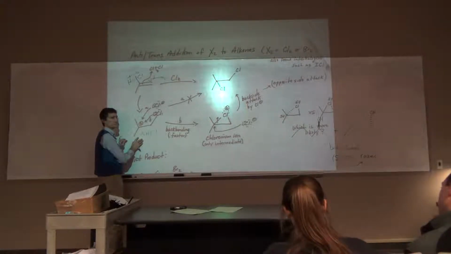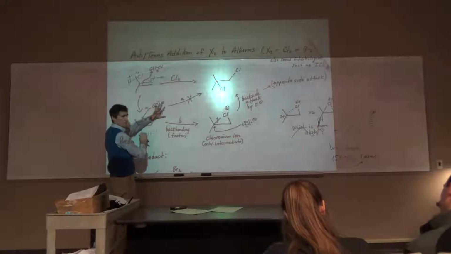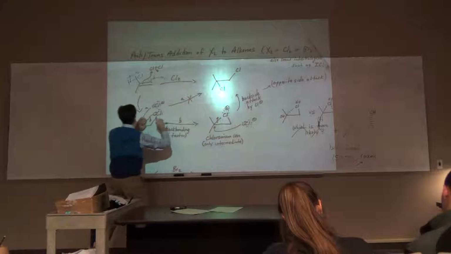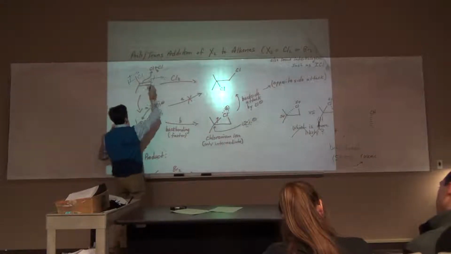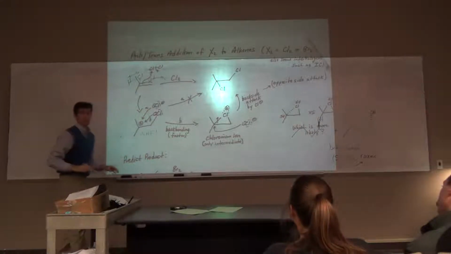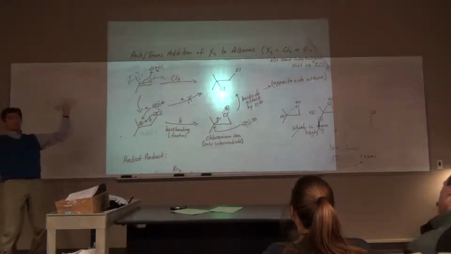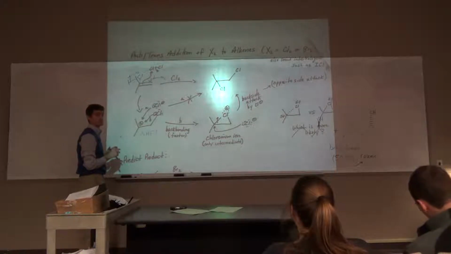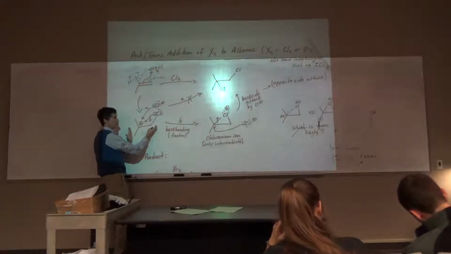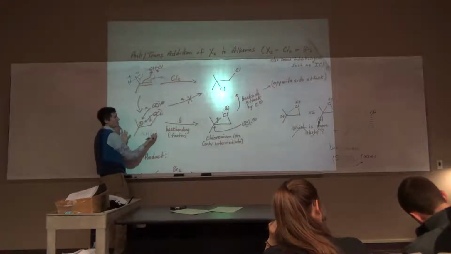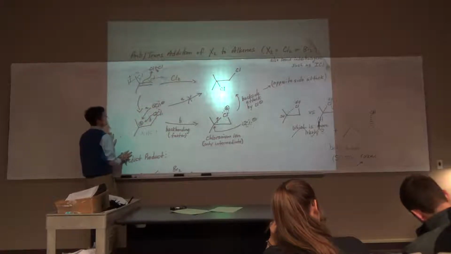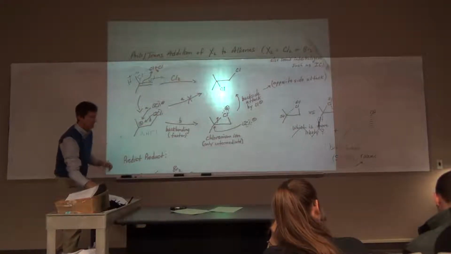Because now you're welcome to not even show this, because some books do not. Go directly from here to here. But to go directly to there, you have to have another arrow. You have to then come back here. And to me, that's too many arrows. It's like, what's going on here? I choose to show this, but it's not actually formed. It helps us get to where the first thing that's formed, okay? That is, as soon as the pi bond,